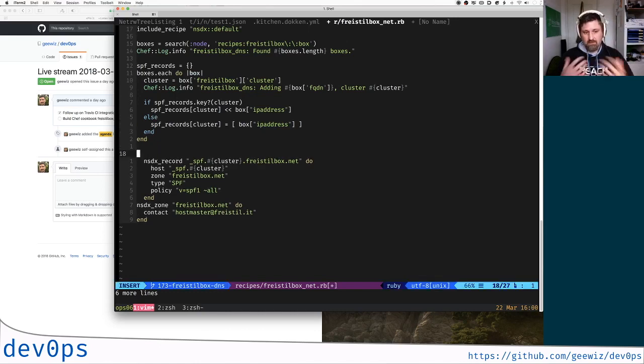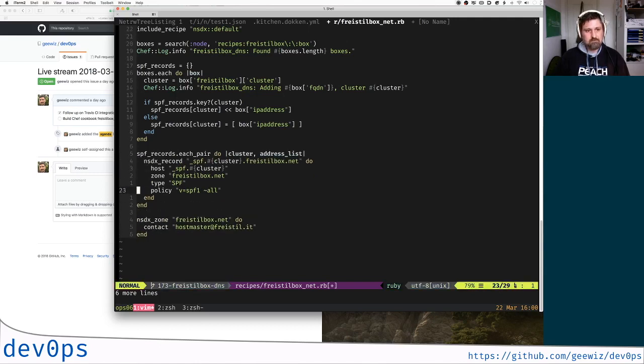And now that we've processed all the nodes, we can go through the list of SPF records. And since it's a hash, we iterate in pairs of cluster and an address list. And now we can create a single DNS record for this cluster. So we'll use SPF dot and cluster ID, friesdebox.net SPF file, and then